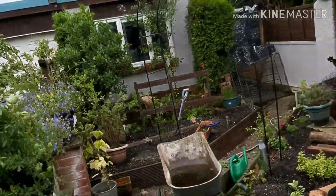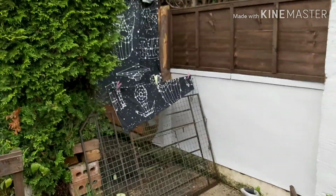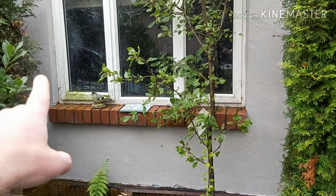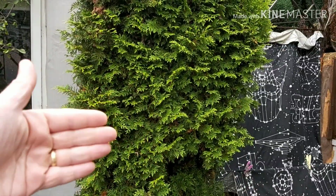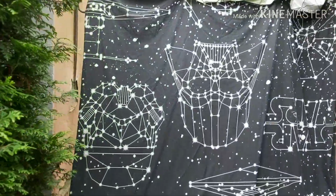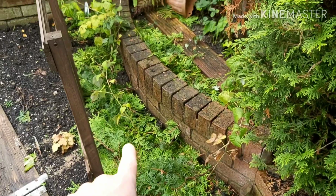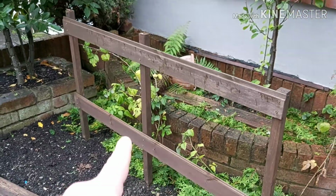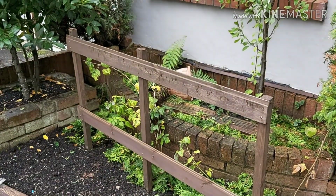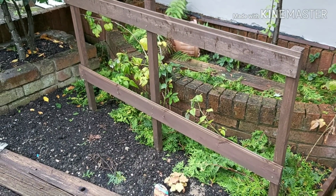Now, a little thing I'll tell you about. In order for me to be able to paint every single last bit of the wall, I had to trim that bush and that bush at the back. Let's see if we can get round, so that I could actually paint behind. Look, there we go. And then what I've done with the trimmings is I've used some as a mulch around this little raspberry area, and the frame which will keep the raspberries from flopping over, that's done now. Olivia helped me with the drilling and putting the screws in. So I've used some as a mulch there,